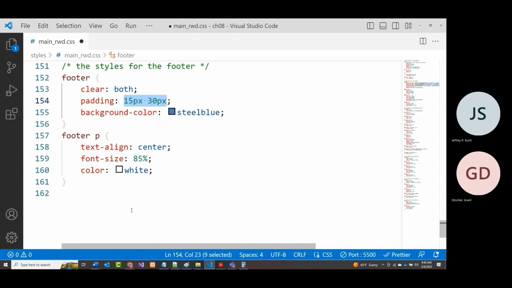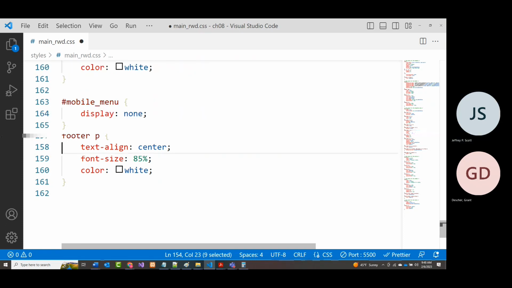All right. So let's see everything else that we have to do in here. We're not doing that. So we're going to come in here, we'll put a comment in that says media queries. All right, and the first one,